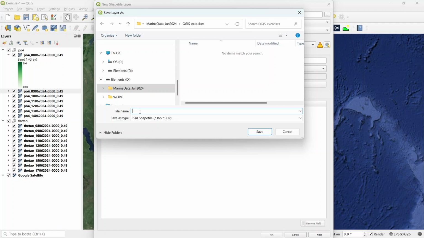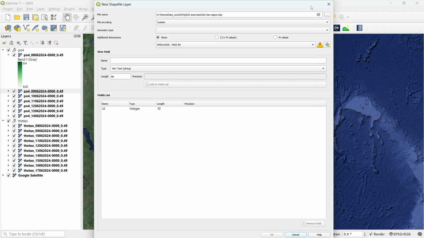And for instance, let's call it Kenya's region, just to give a name that easily recalls to you basically what it contains, what it refers to. We save,